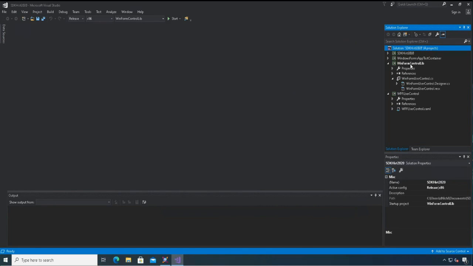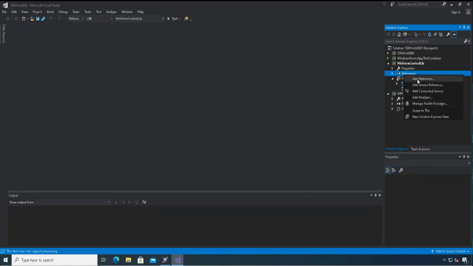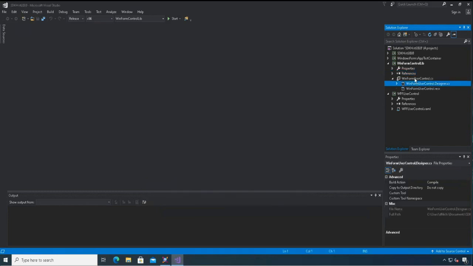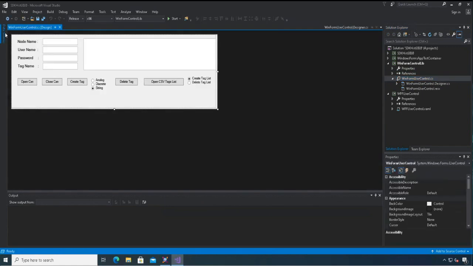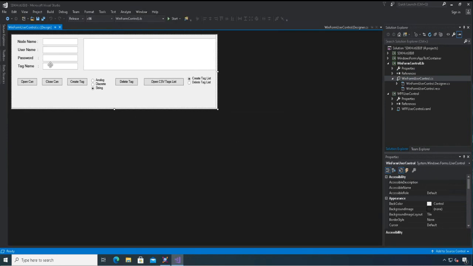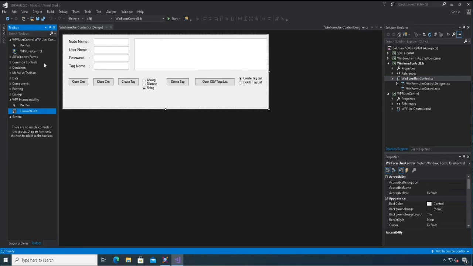So when I created this project, the first thing you want to do is add a reference to the WPF user control. You do this by adding a reference and then selecting that project from the list of projects and selecting OK. What this does is when we open up our control in our toolbox, on the left, where all the other controls are, buttons, text boxes, combo boxes, checkboxes, the like, your WPF user control, or the project that you created over here,